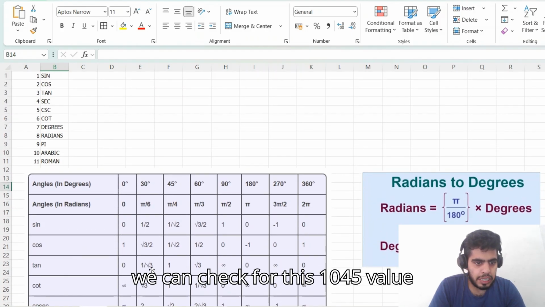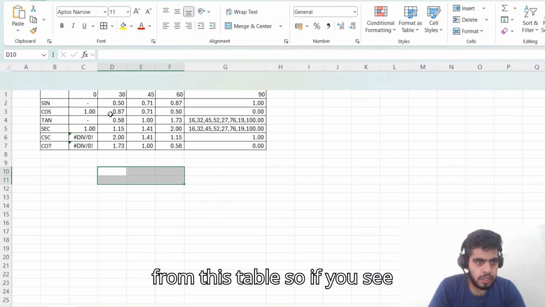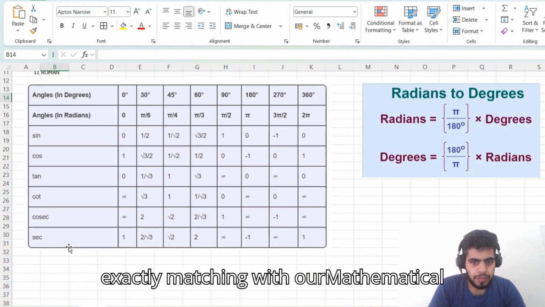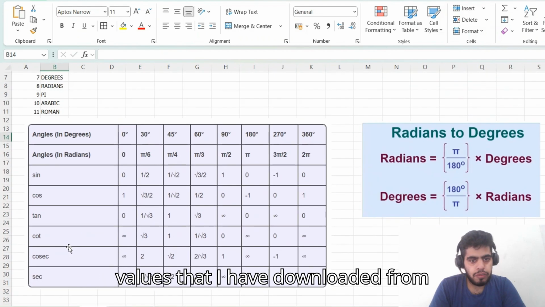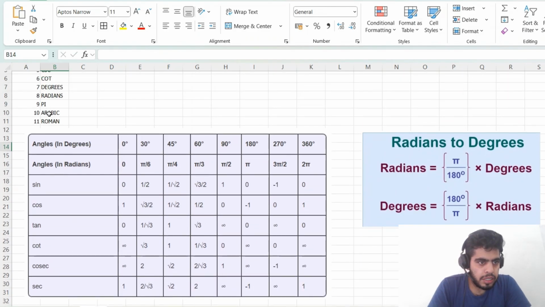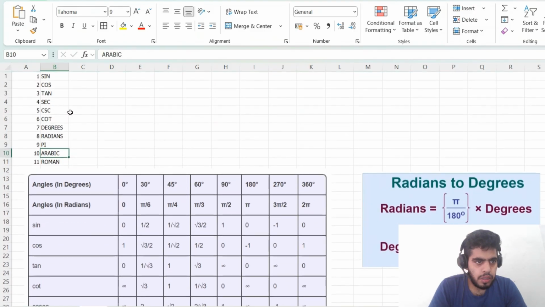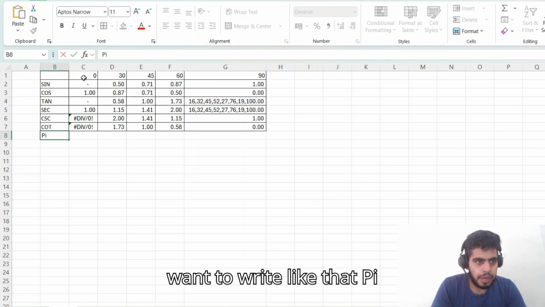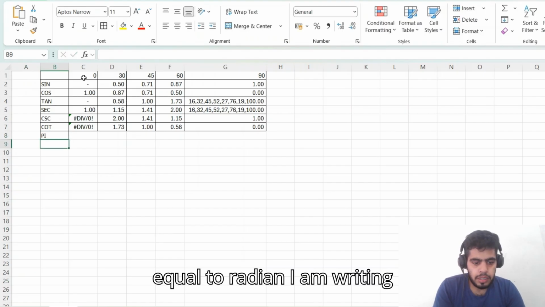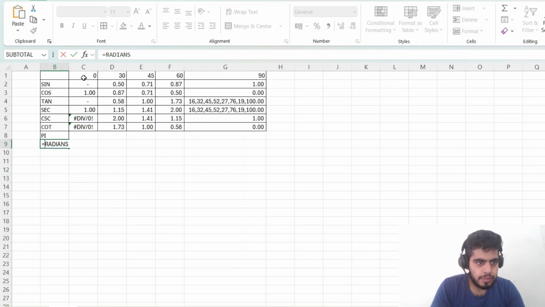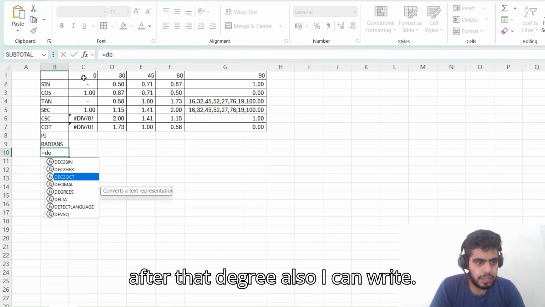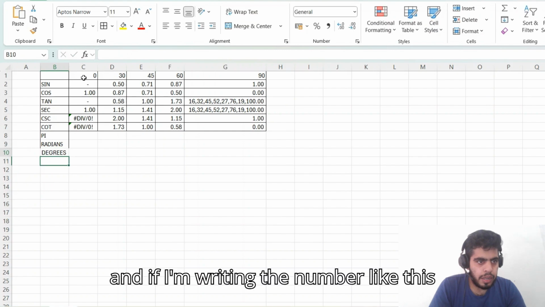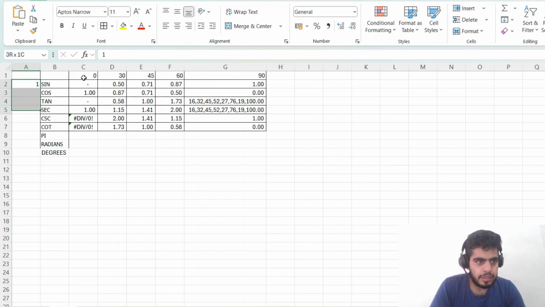One more thing, we can check for this 45 value from this table. So if you see the 45 value is 1, which is exactly matching with our mathematical value that I have downloaded from internet. Now jumping to the 10th and 11th formulas. So if you see in our table, if we want to write like that, pi and equal to radian, I'm writing. And after that degree also I can write. And if I'm writing the number like this,